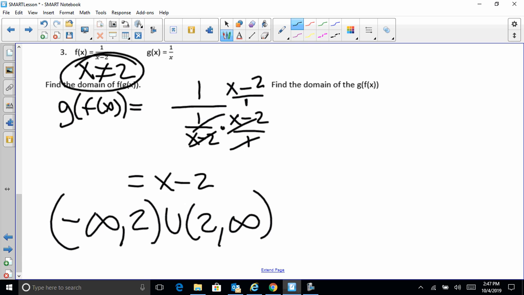So wrapping that up, find the restriction of what you're inputting. Then you do the composition, see if there's any additional restrictions, and